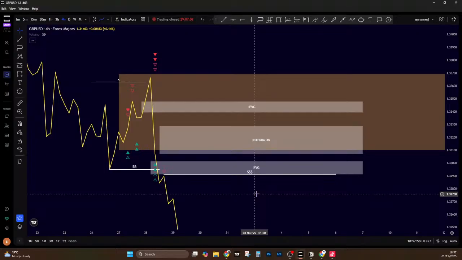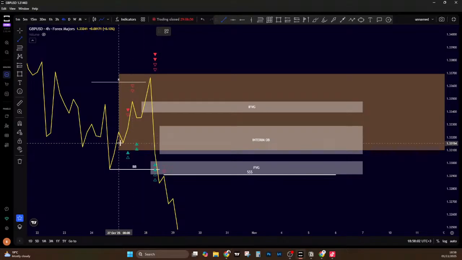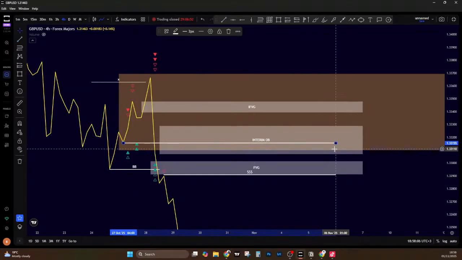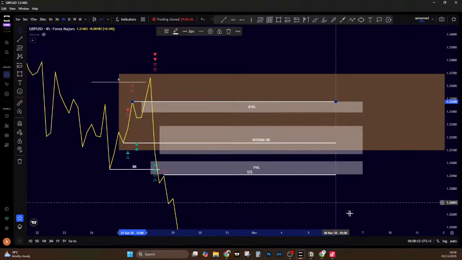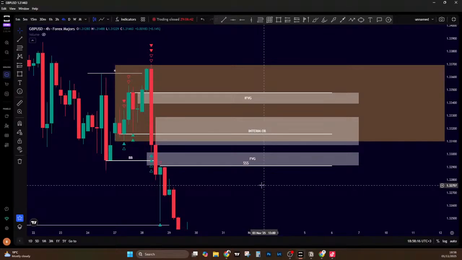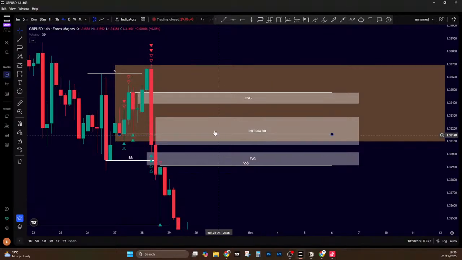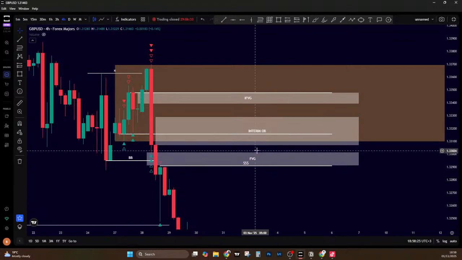This is GBPUSD. These are the 3 levels the market will react from tomorrow. And this is what I want my people from the group to trade tomorrow. This is how I want you to trade tomorrow. You see those 3 areas. These 2 areas will be areas of